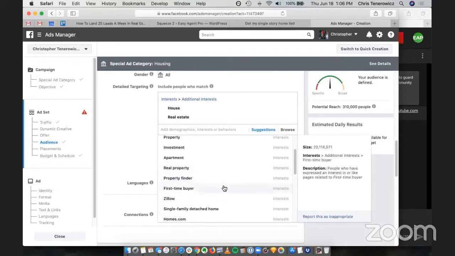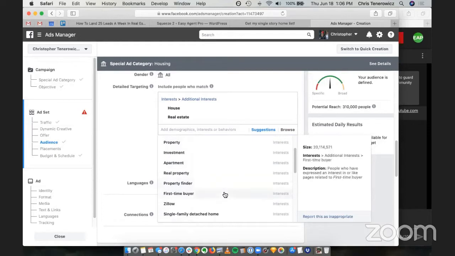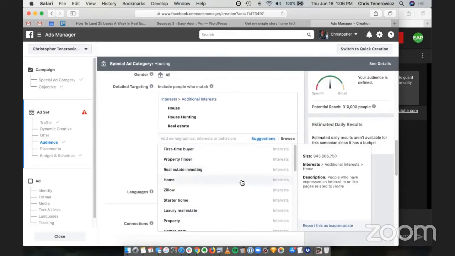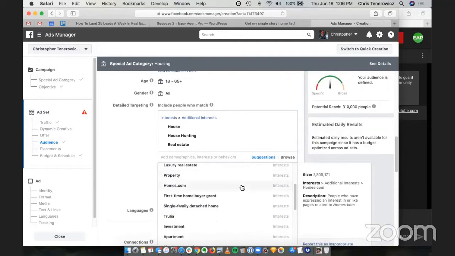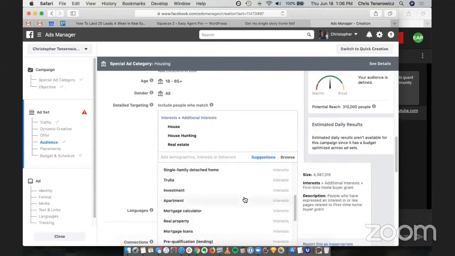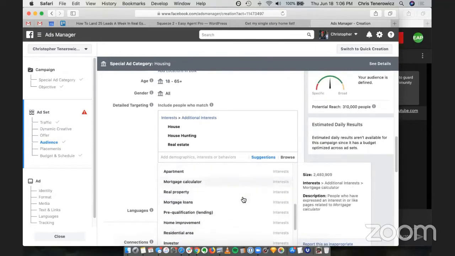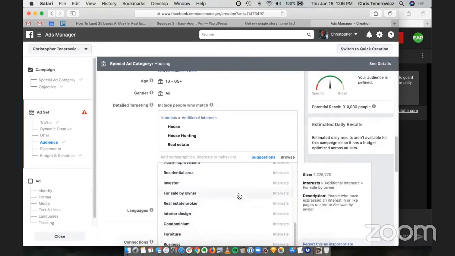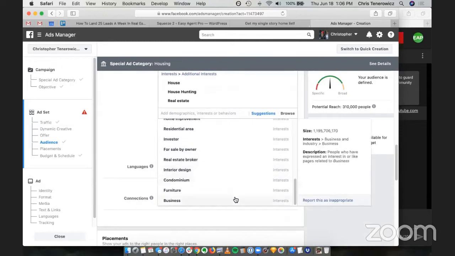We're not looking at first-time buyers necessarily because we're looking at people that are looking to downsize in our particular ad, so house hunting. Let's see what else we got here. Single family, first-time home buyer grant. No, we don't want to do that. Mortgage loans, pre-qualification, sale by owner, furniture business.